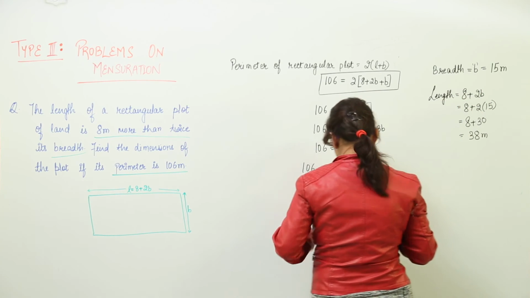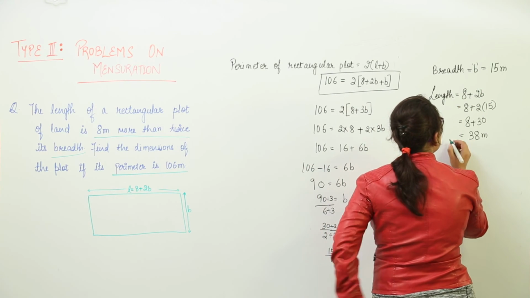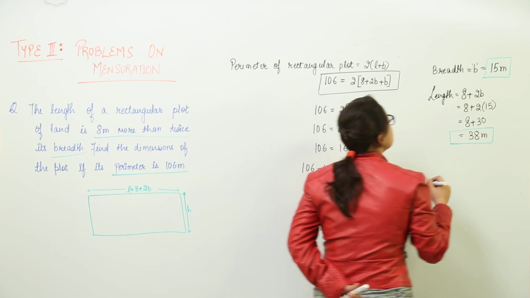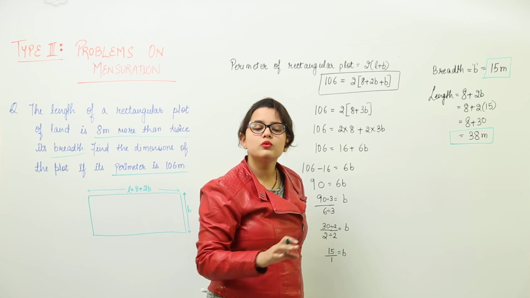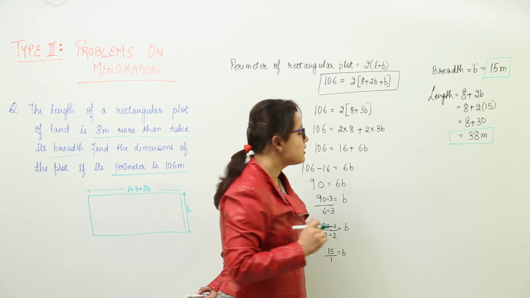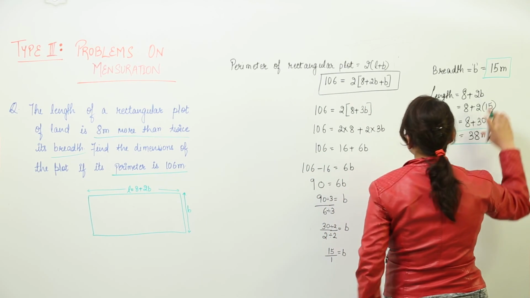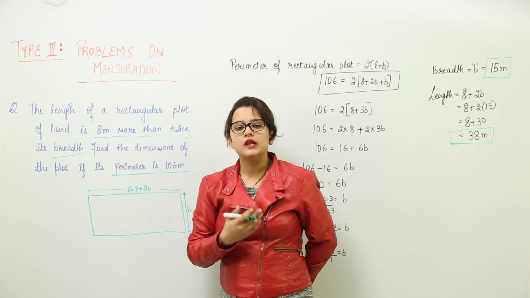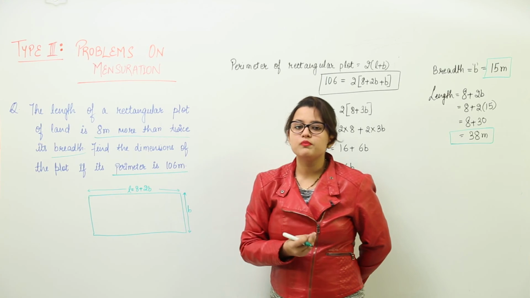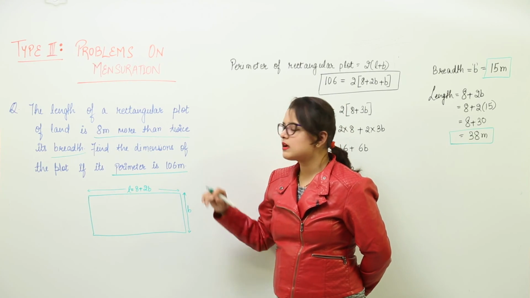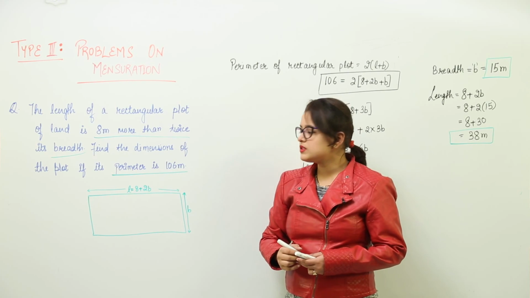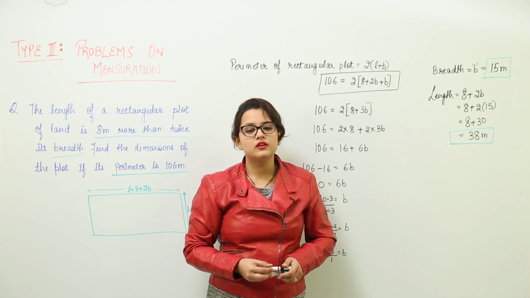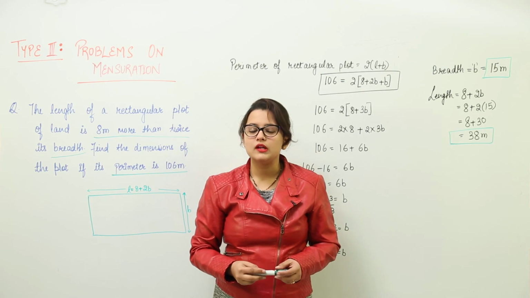So these are the two values that you have to find, but I will give you one more examination help you can consider. Why? Because you can even check your answers. For all the questions of linear equations, you can check your answers by substituting the values that you have got into your linear equation. Or what you can directly do is, you already have the length and breadth now, you can take out the value of perimeter and check whether the perimeter is coming equal to 106 or not. Once you do that, you will be sure that the values that you have found for length and breadth are correct. So that is the method for checking your values for linear equation.